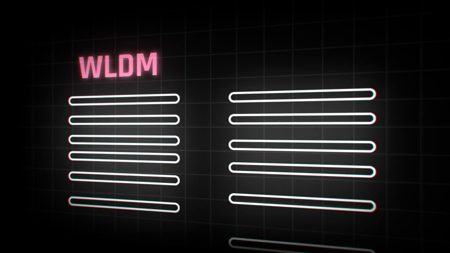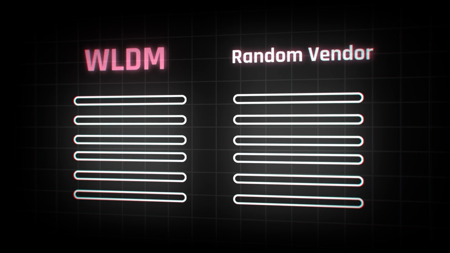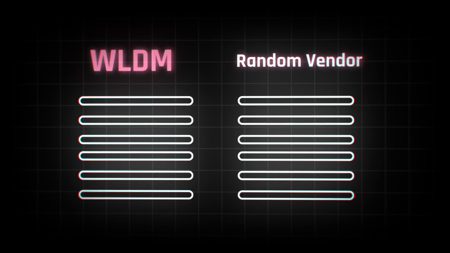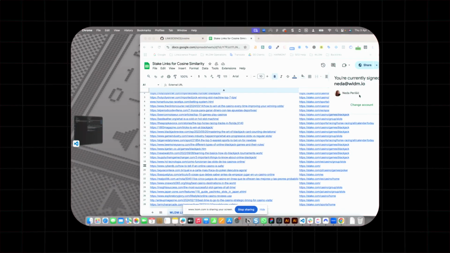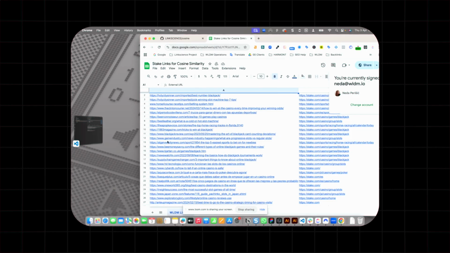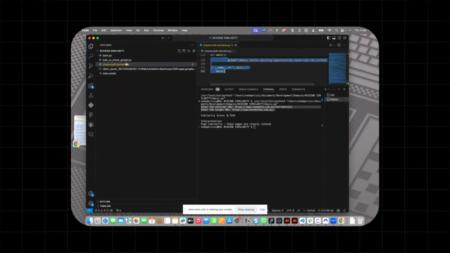But doing things link by link isn't very practical when you're link building at scale. So we developed a script that conducts bulk backlink analysis. Today, we're going to show you how it works. So let's scale. Here's how the tool works. We take two backlink sets, one from us, one from another vendor. We drop them into a shared Google Sheet. Then our Python script connects to that sheet via Google APIs and crawls them both, the referring page and